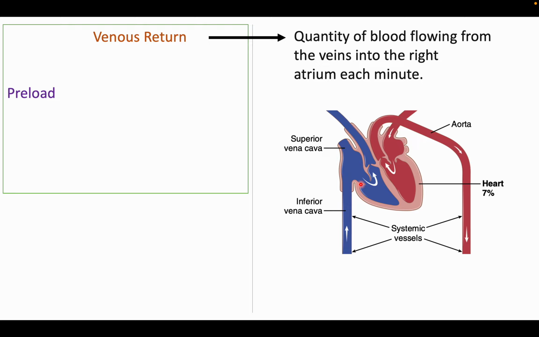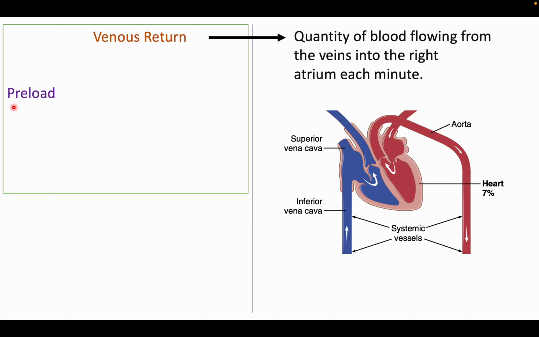And this blood is responsible for end diastolic volume and more stretching of the heart, and increases the preload. So when the venous return increases, preload increases and the cardiac output increases, and vice versa. When it decreases, cardiac output decreases. So we have to see what are the factors which are affecting venous return, which can affect preload, which can